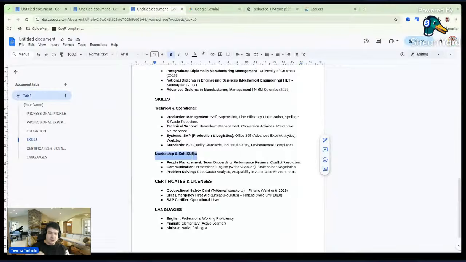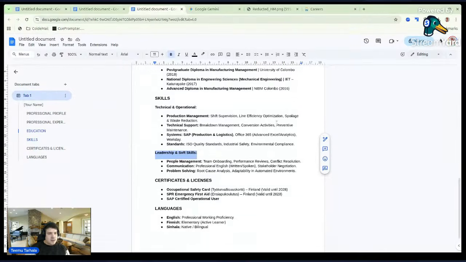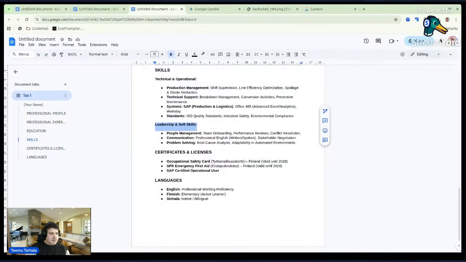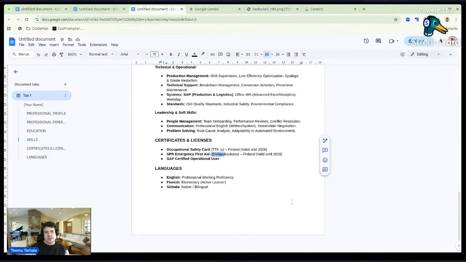Remember, we are looking for a shift manager role, and that involves a lot of soft skills. Certificates and licenses, here again, we changed it. We want to have ETK, RÖ, and then they will know that, hey, you have the right card. First aid, yes, listed. Language is good. I think now we are good to go.